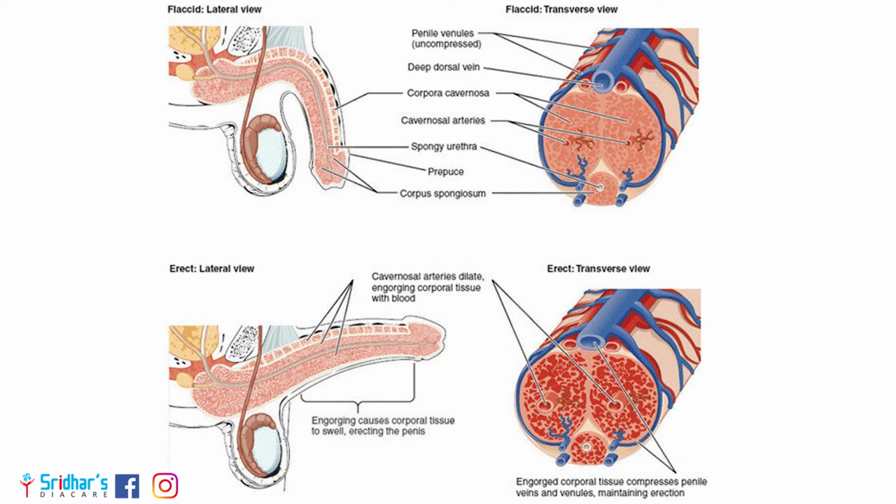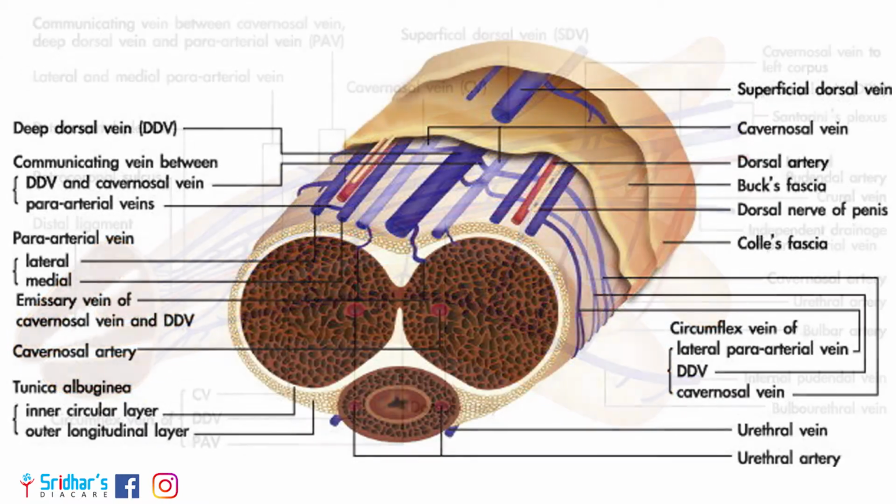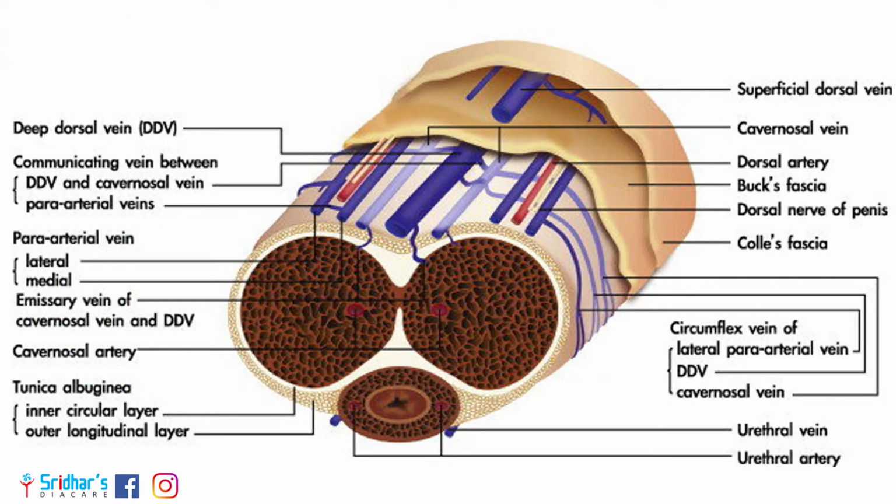In the flaccid state, these smooth muscles are tonically contracted, allowing only a small amount of arterial flow. Sexual stimulation triggers release of neurotransmitters from cavernous nerve terminals, which results in relaxation of these smooth muscles. Erection begins with sensory and mental stimulation. During sexual arousal, nerve messages stimulate the penis.